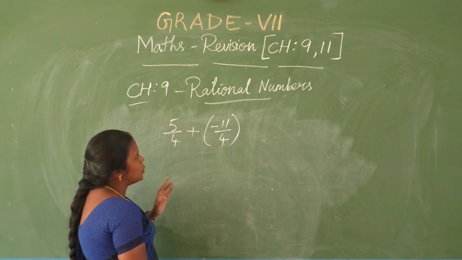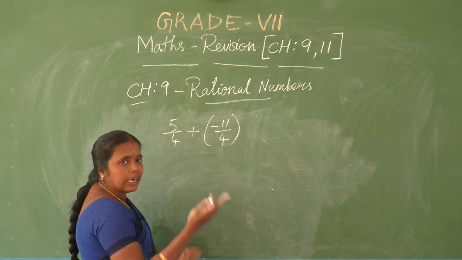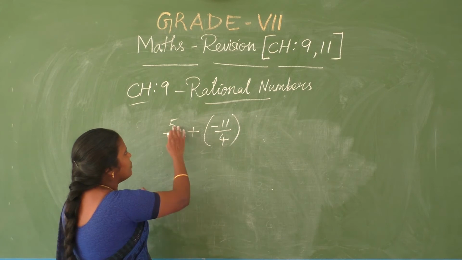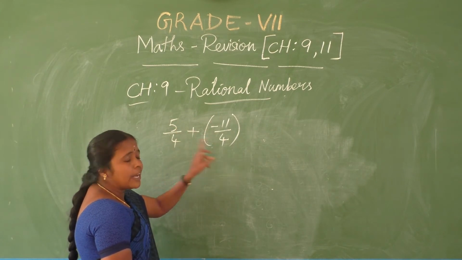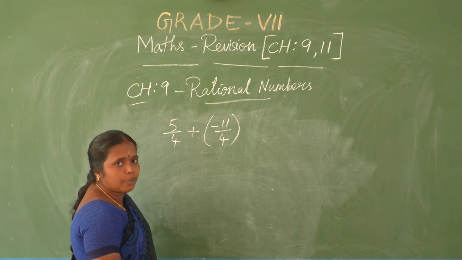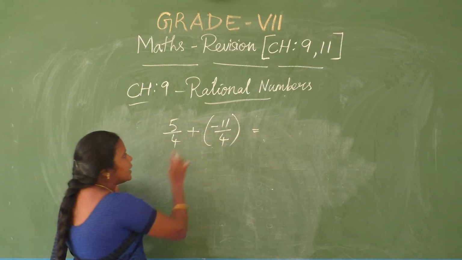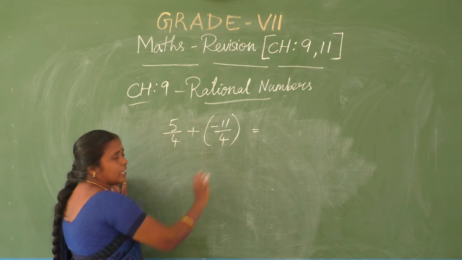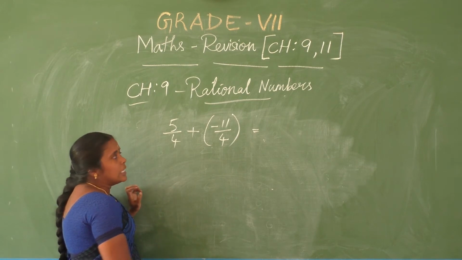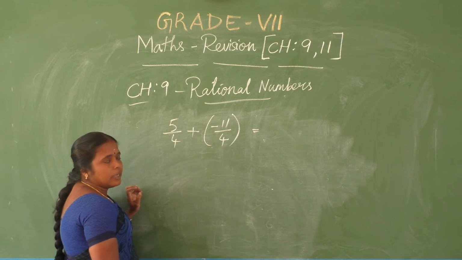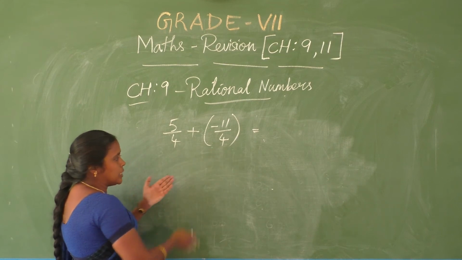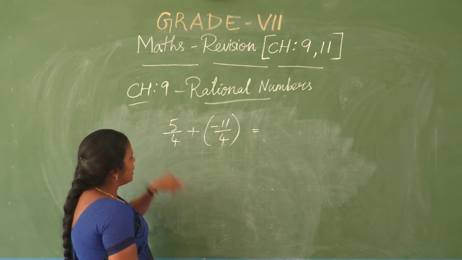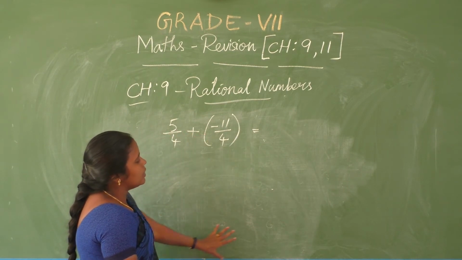Okay, after that what to do? We have to check first of all whether they are like or unlike. Like means our work is easier. Yes or no? Directly we can add: the addition of two fractions is equal to the sum of the numerators by the denominator. That is the formula. This is general. If it is unlike, as usual, just now I did it by taking the LCM of the denominators, making equivalent fractions of the given fractions, and then calculation.